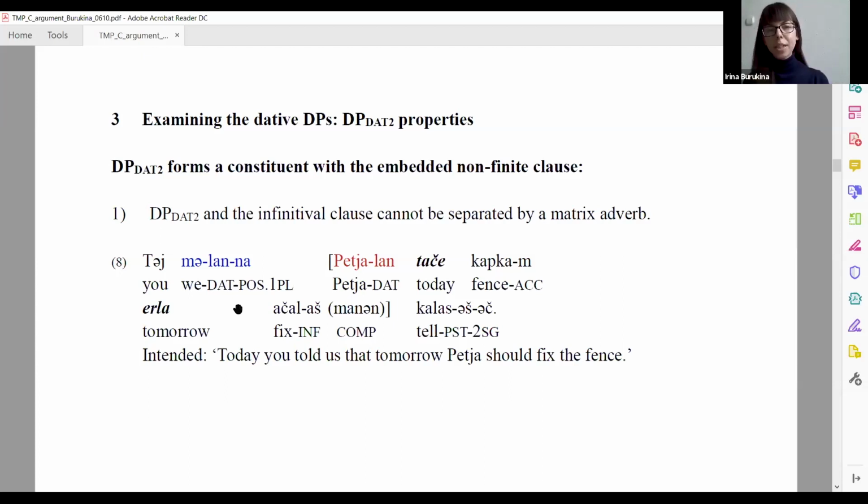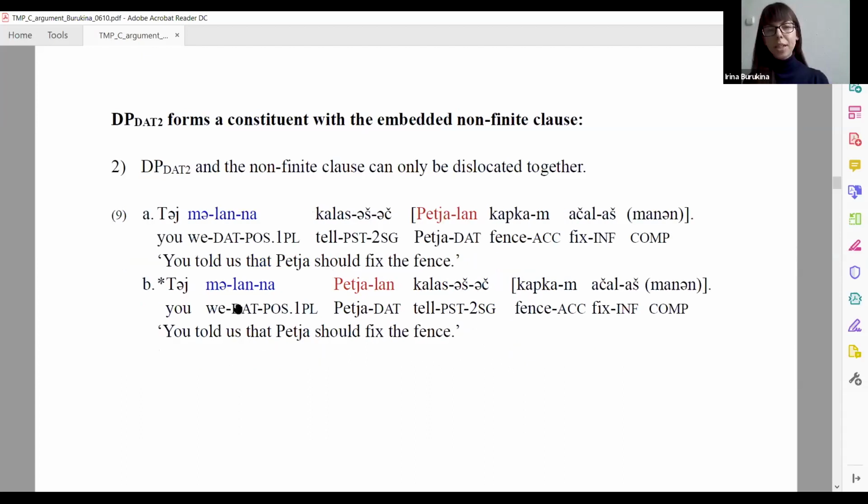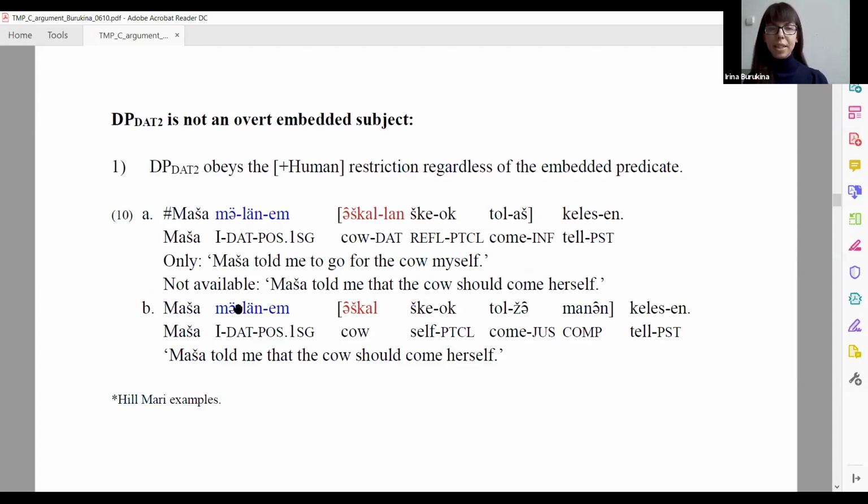I will just go through the facts very quickly. So the two, for example, cannot be separated by a matrix adverb. And also the second dative, the red one, and the non-finite clause can only be dislocated together. So they seem to be a single constituent that excludes the matrix predicate and the first dative DP, for example. But I would like to argue against an erasing analysis, for instance, and against an overt embedded subject analysis, because,